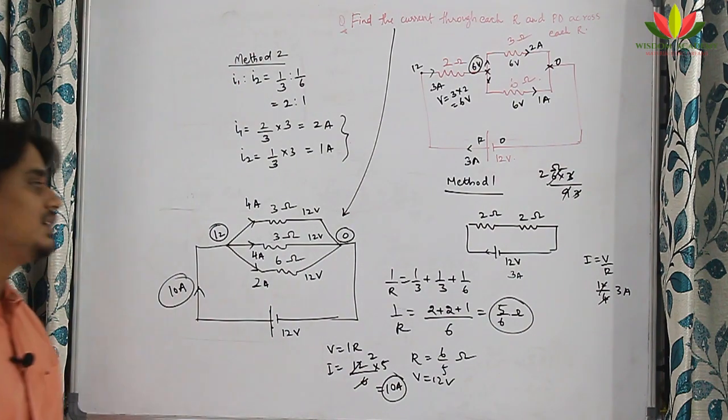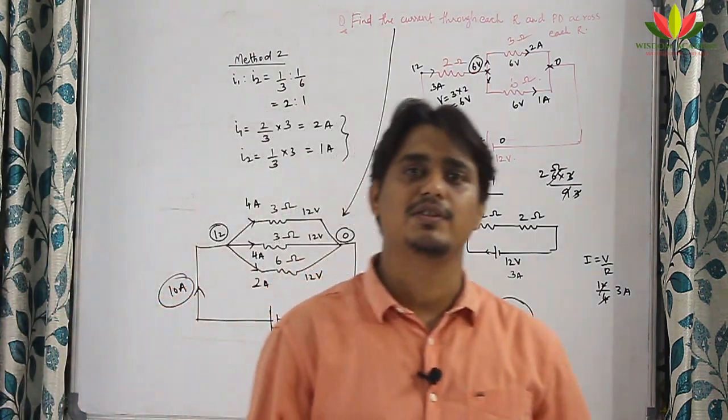So simple method. Now I think you have started getting some confidence over the questions of resistances. So what have you learned today? You have learned how to find the resistance in series and parallel, and also the combination of series and parallel resistances. I have given a little idea about how to find the current through each resistance, how to find the potential drop across each resistance, and also how to find the current drawn from the cell. These kinds of questions rarely come in examination. It's very basic, this is what we learned in 10th itself.